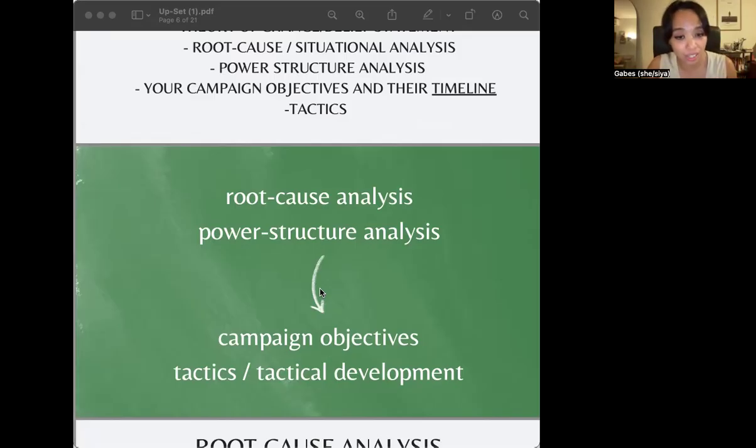before determining the tactics to use, because you will be more effective. You'll be more effective when you analyze the scope and the depth of the problem you're trying to solve and the power structures or the authority figures that you are up against or who have the power and the access to meet your demands. Okay, so with your analysis of power and of the problem, you will use this data to select which tactics will have the most impact. So you can't just always start with a rally or with a protest. Not that they're not powerful, they are,